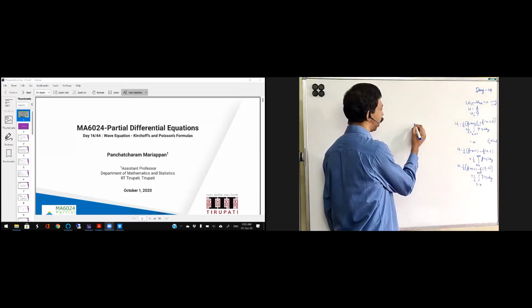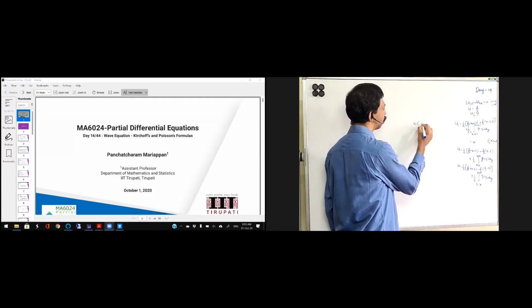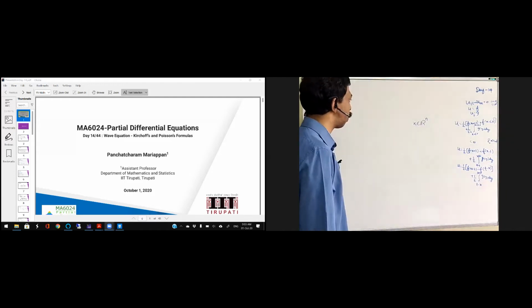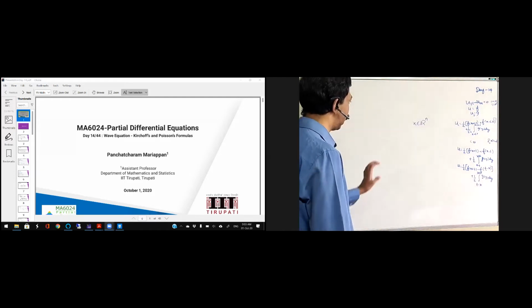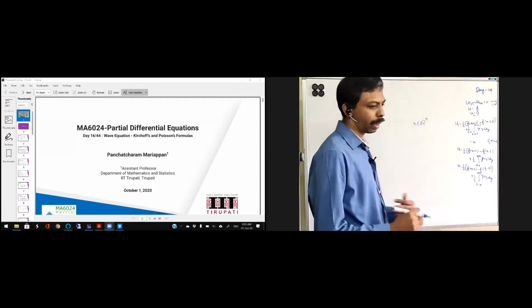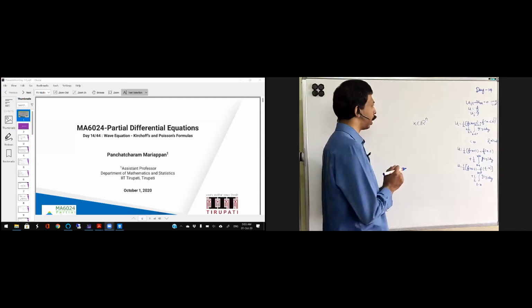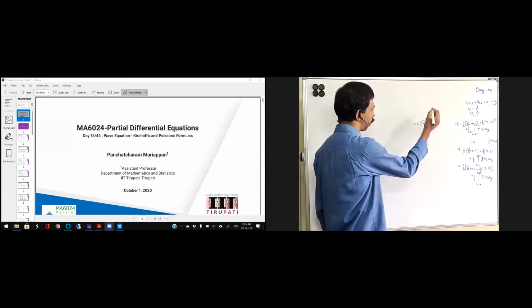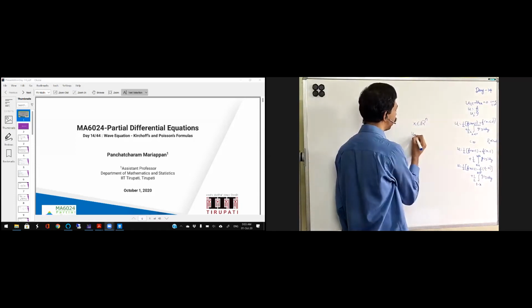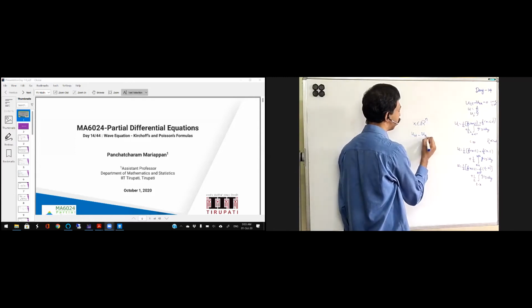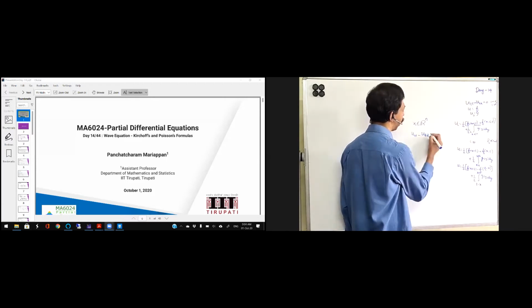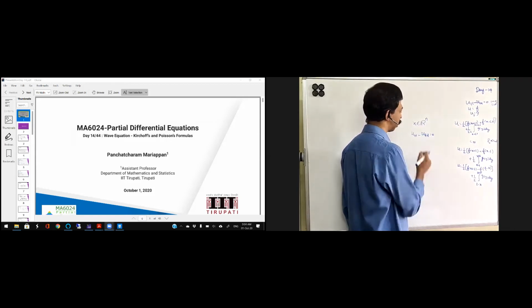Since we are going to work in the common setting, x belongs to R^n, we need to introduce some notations. Based on the notation, we will try to formulate a problem. The same problem will be taken: u_tt minus Laplacian u, where x is a vector in R^n. I am going to take only c equal to 1 throughout the rest of the lecture.